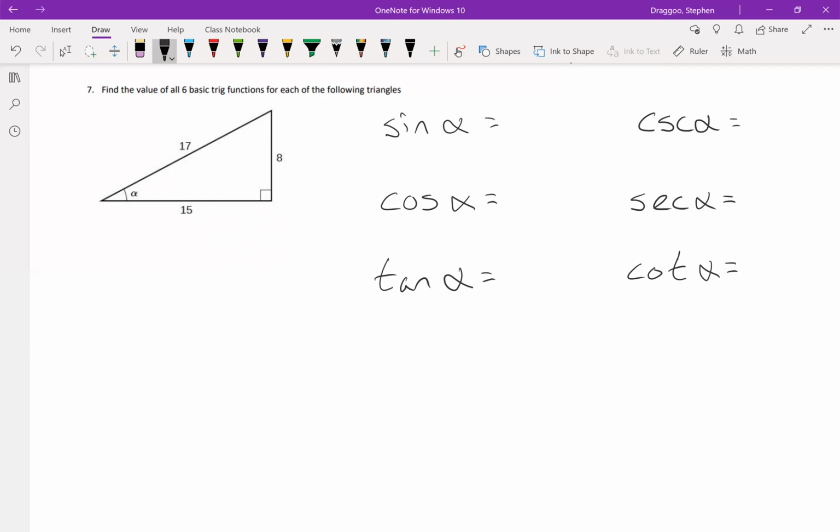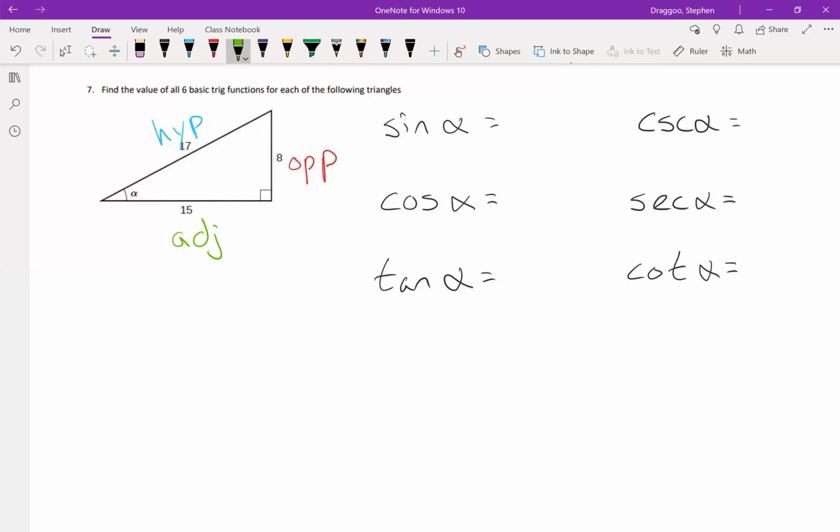So it'll probably help to look at our triangle and identify which side is which. Once again, the long side is always the hypotenuse. The hypotenuse is going to be that one sitting up there. And then since this is in relation to angle alpha, which is down here, the opposite side is going to be 8, while the adjacent side is 15. So now that I have those sides labeled,